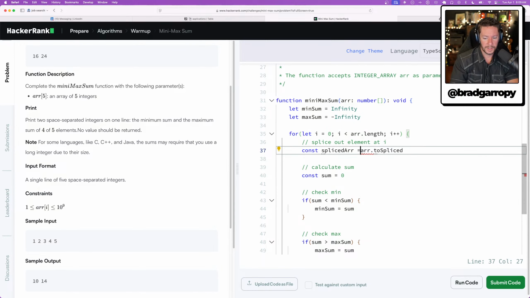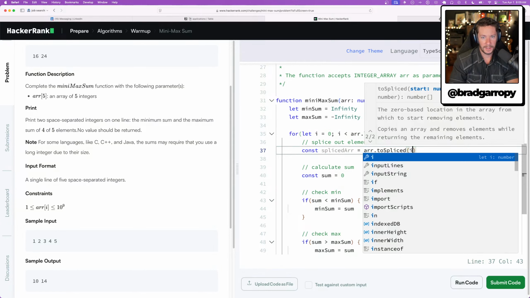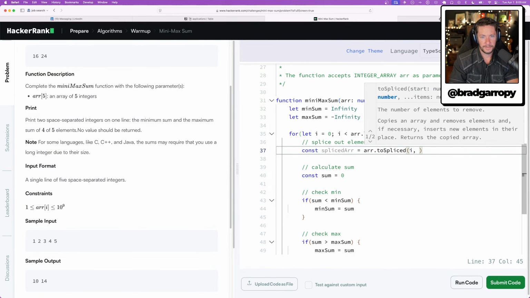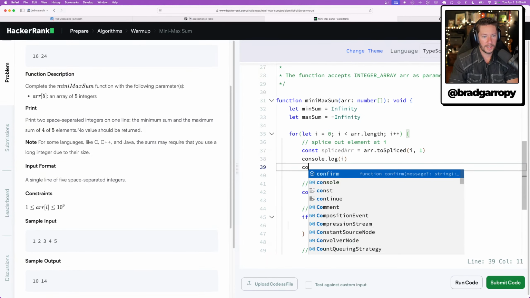So the spliced array is going to be array.toSpliced. The 0 base location from which to start removing elements, so that will be I. And then 1. Okay, so let's just log out I. I don't want to log